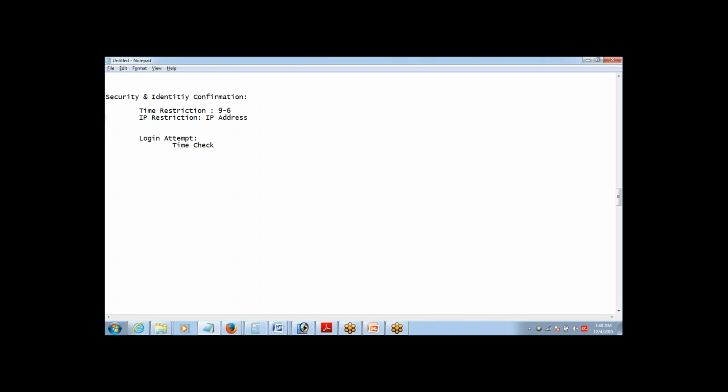So now, the first thing that whenever someone tries to log in into Salesforce, it will perform a time check and see if the user is allowed to log in at that particular time or not, right? If this time check fails, your access is denied then and there. Okay, but if this thing gets cleared,